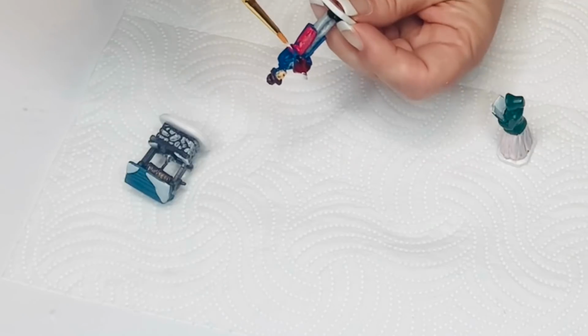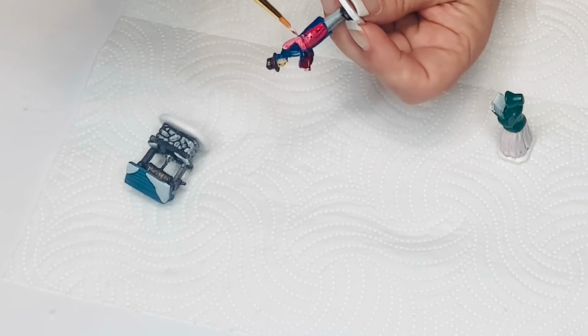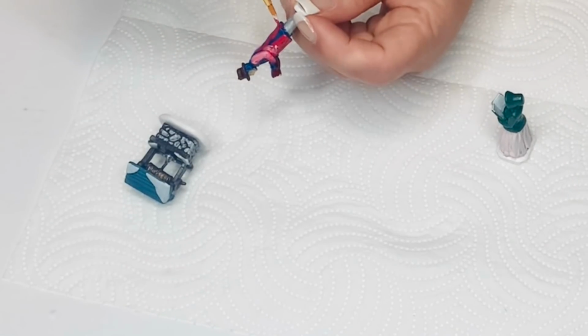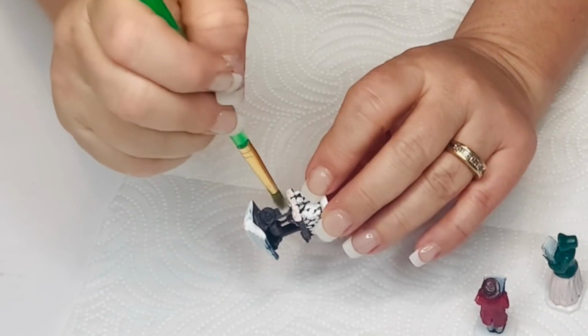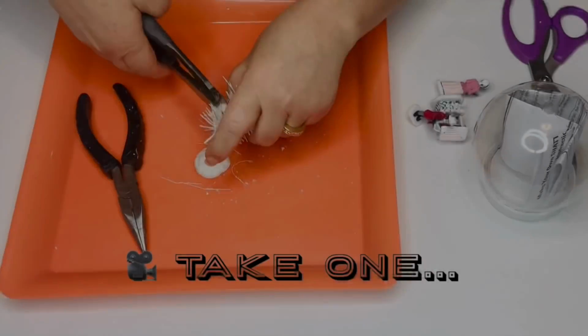And this is so therapeutic and fun to do because it's so small and it's just relaxing, and I recommend doing this after a stressful long day and just making things over. It's just so fun. Anyway, I'm going to do that on my little wishing well, my man and my lady caroler, and then I'm going to take my bottle brush